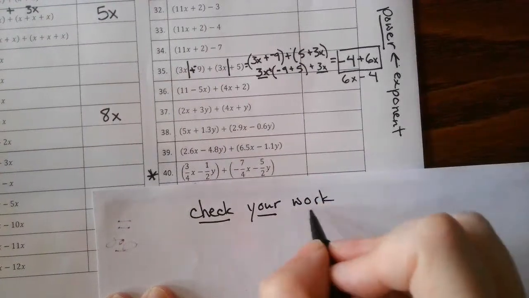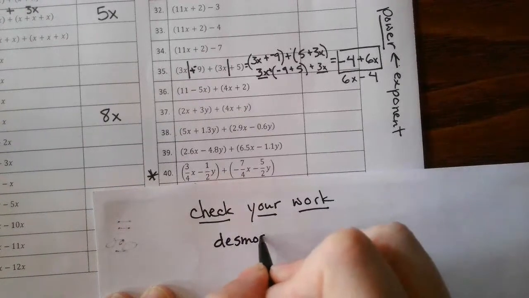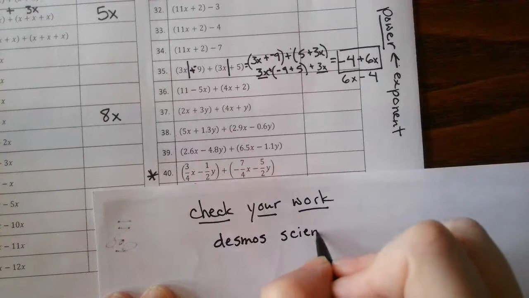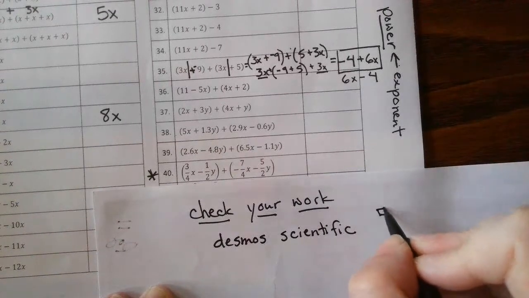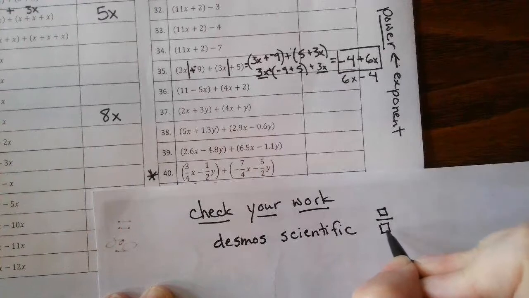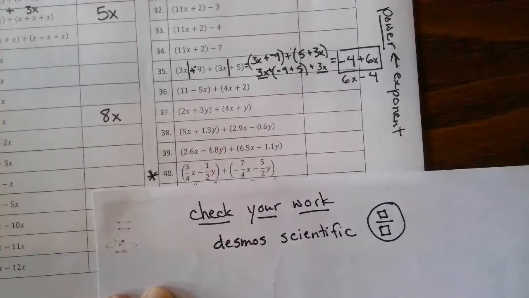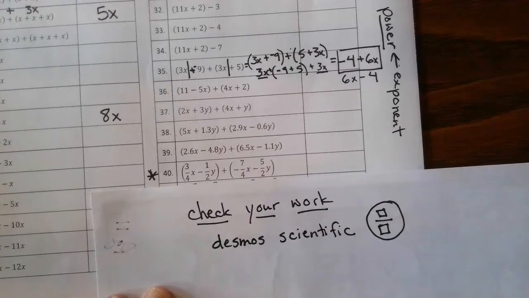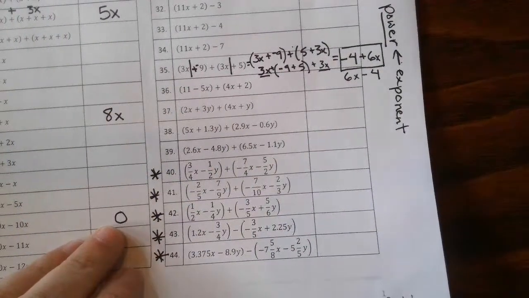After you do it by hand, check your work using the Desmos Scientific Calculator. The Desmos Scientific Calculator has a little button that looks like this next to the answer. It's a little circle next to the answer that looks just like that. And if you click on that, it'll switch your answer to fractions, so you can check your work and see if you did it right. Challenge yourself even to do just one of those. Okay. Now we have